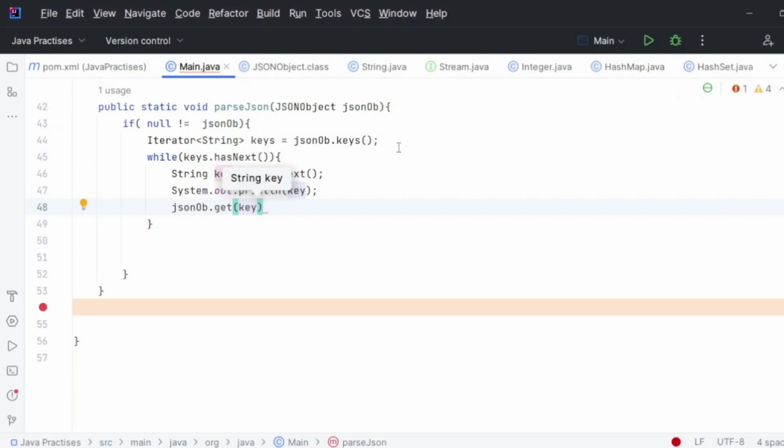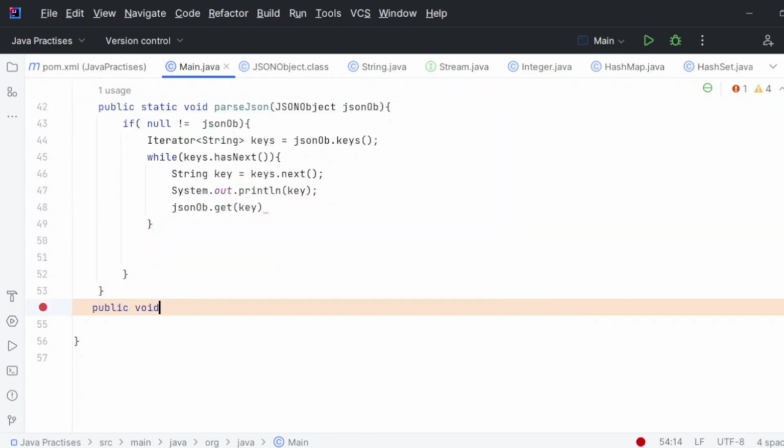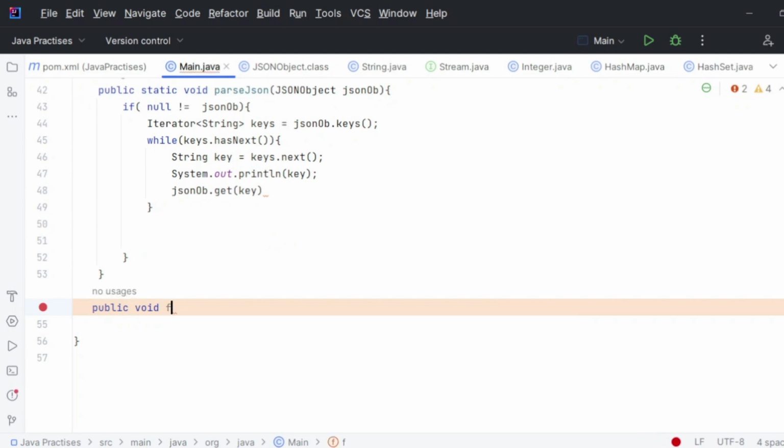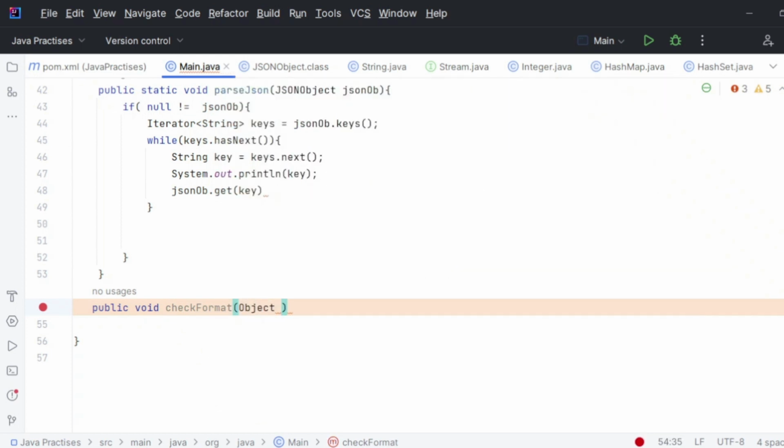So in order to accommodate that, what I will do is simply use one more method called checkFormat, something like, object is nothing but, let's say, obj. I'll take something like this. Okay, now